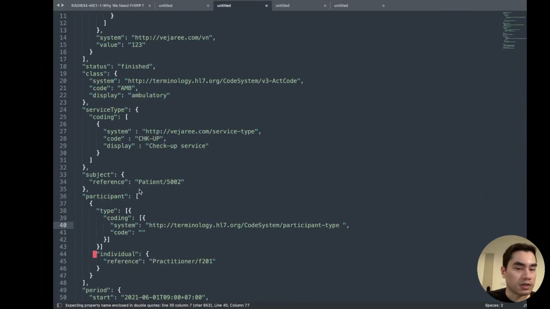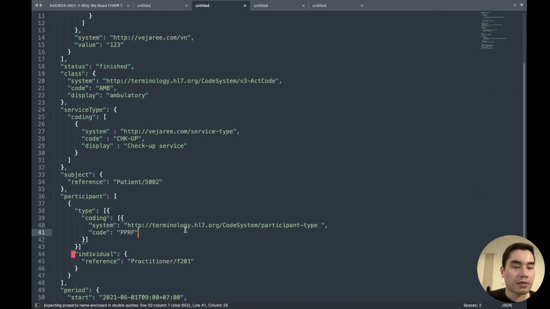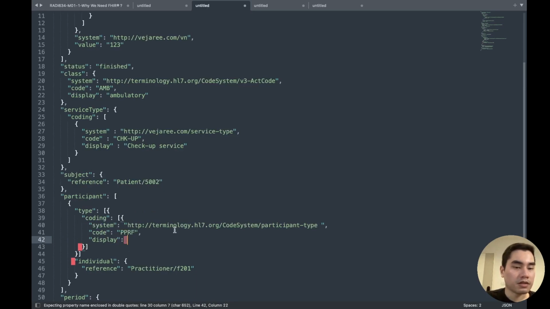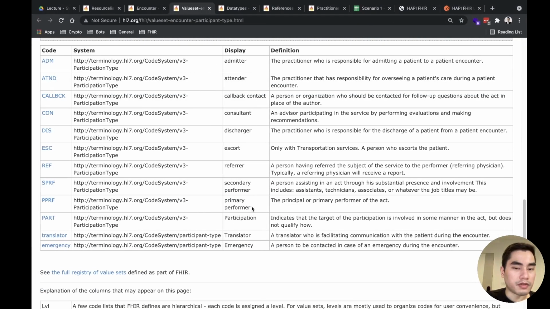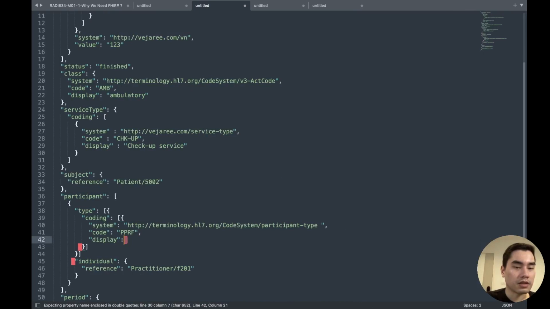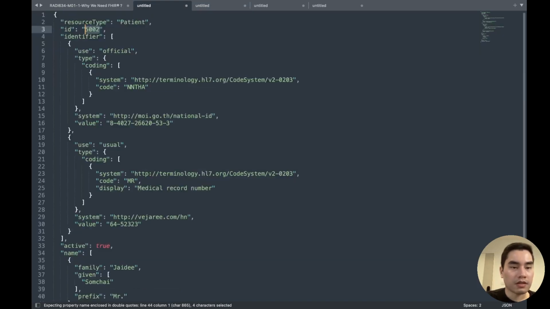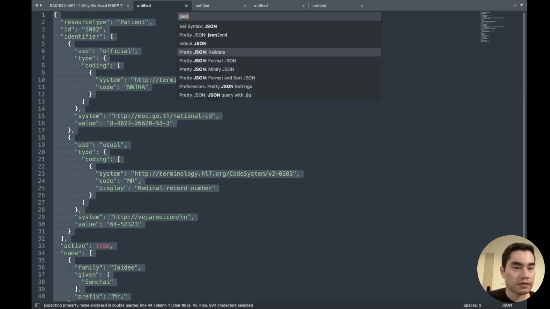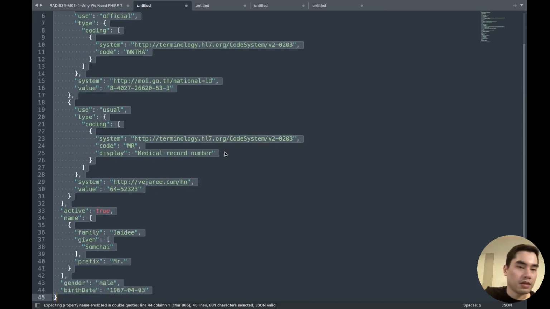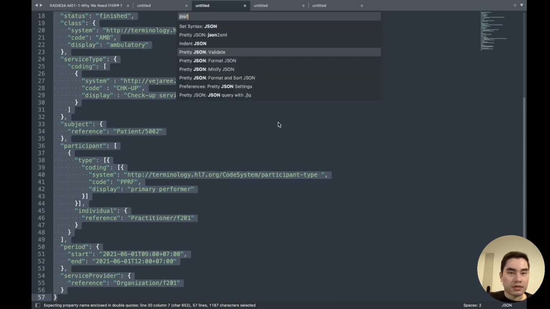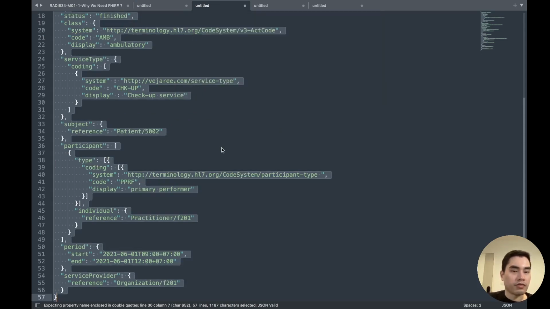So it's this one. Okay, maybe you keep the display. So the display is primary performer, like this one. And this one. Okay, it's still valid JSON.